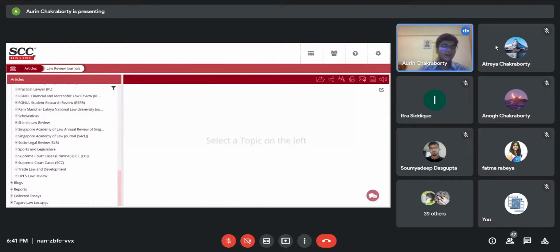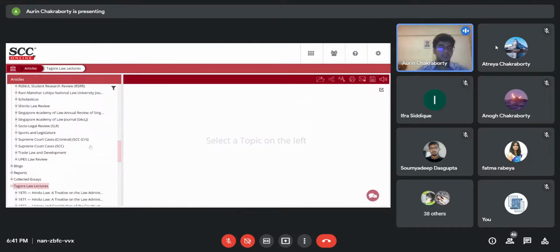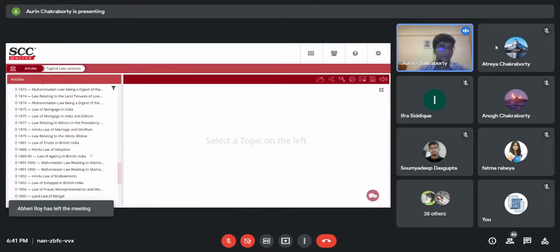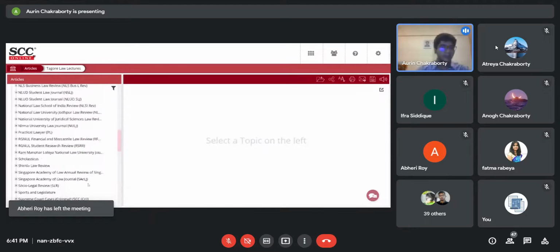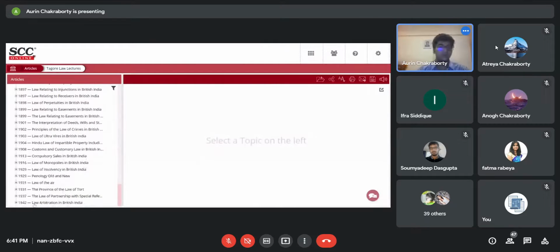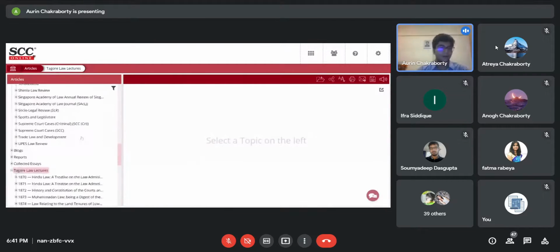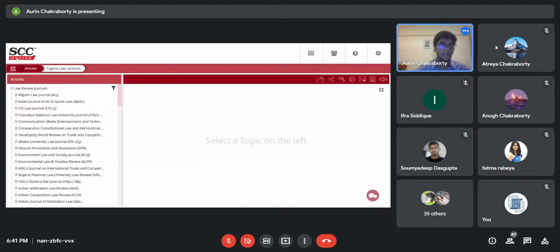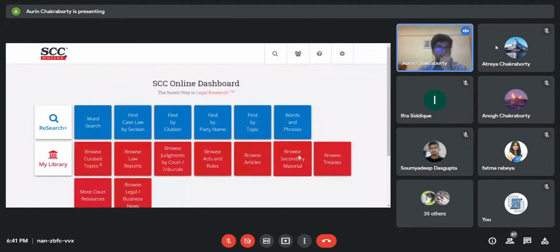What is essentially relevant over here, you'll also find mention of the Tagore Law lectures, which used to be hosted by the department and the University of Calcutta. So all the lectures, the bound volumes of which you'll find over here, right up until it was held in the year of 1942, right? So that's about articles.